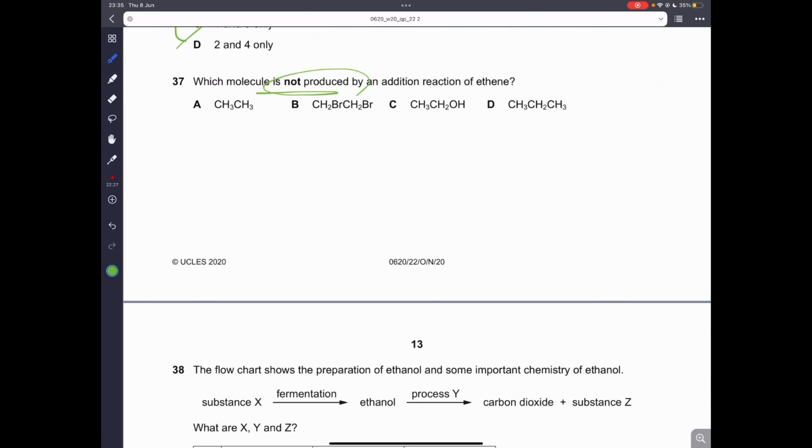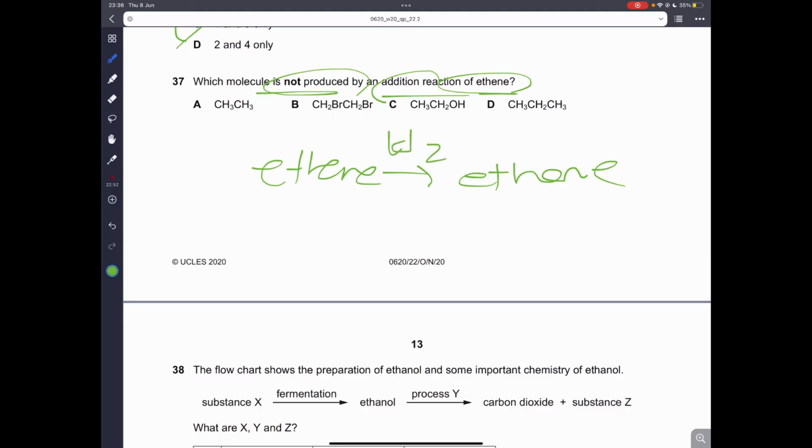37. Which molecule is not produced by addition reaction of ethene? Okay, not produced. So remember that ethene is an alkene. It will go on addition reaction. So it can produce ethane, by adding hydrogen. This is called hydrogenation. Ethene can be turned into ethanol by reacting with steam. And ethene can be reacted with bromine to form a